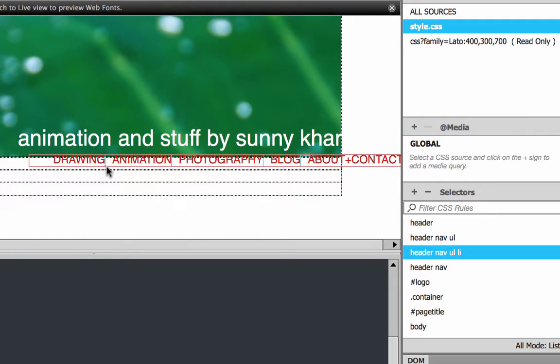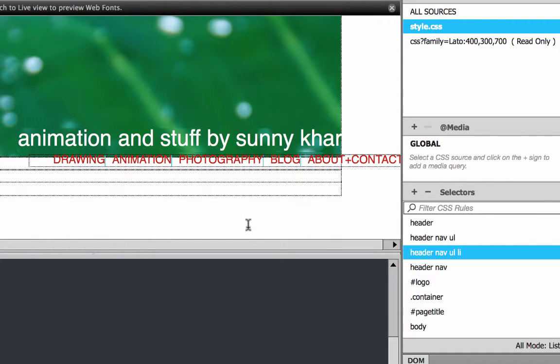So look what I get. Each of these list items now has a border. The problem is it sticks to the border. The border sticks to the right side of the link. So I need some space between my right side border and my text.